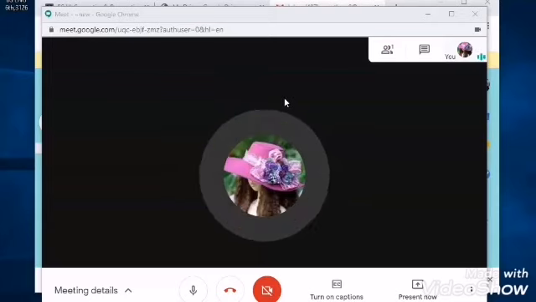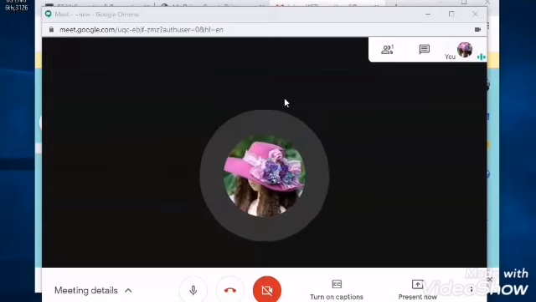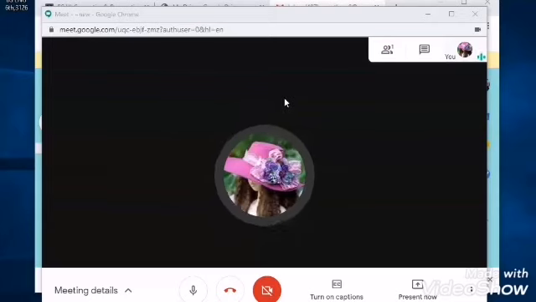If you use back, then you will be out of the meeting room, and you can rejoin that room again. Secondly, if you are joining a meeting on Google Meet on your mobile phone, then also be careful to avoid the back button.